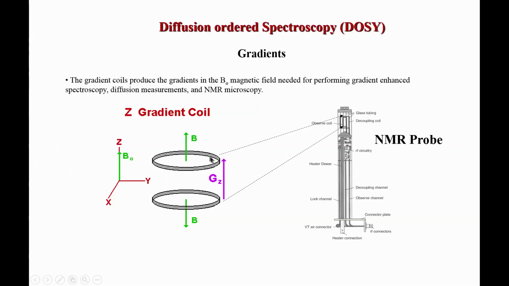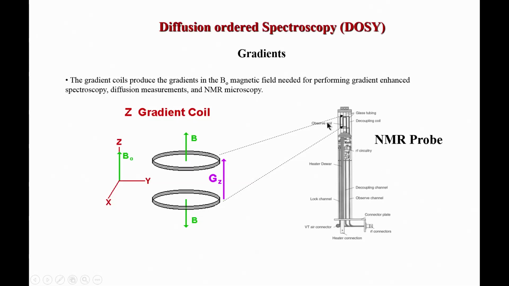Gradients are coils. You can see these are circular coils, and these coils are present here. This is called an NMR probe. This whole cylindrical thing here is an NMR probe, and the probe goes into the magnet. If you recall how the NMR spectrometer is built, it consists of a magnet, a console, which means the electronic components, and a probe. A probe is basically where you put your sample. You see where this arrow is pointing right now, our sample typically sits there.